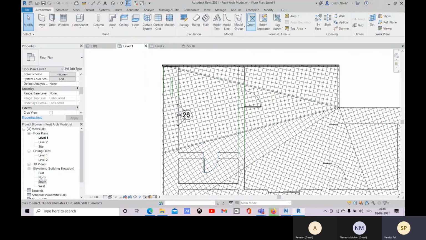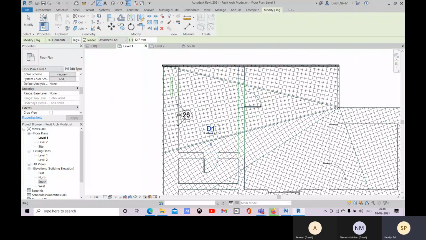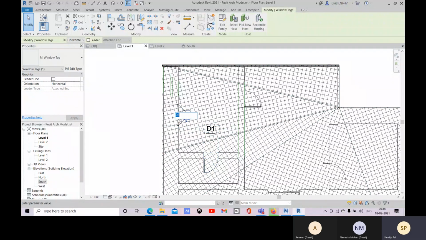Just like the same, let me go with annotate, and there you have this tag by category, and here you see why it's coming, because of this mark there. So if I change this like 1, it will be showing 1. Here also you can change it, B1 to 1.